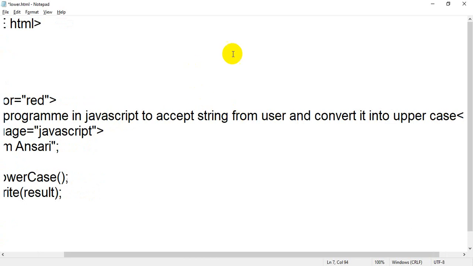Okay, it's up to you what your question could be. Sometimes it's uppercase, sometimes it's lowercase, sometimes it's both.